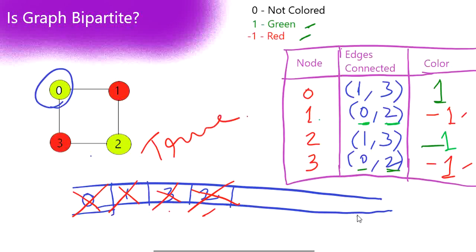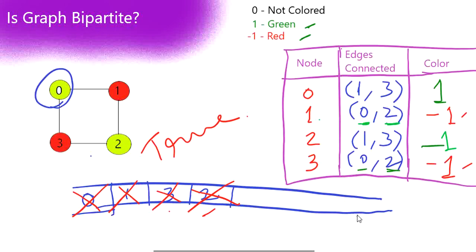The steps we are following is we are traversing a node. If the color is not assigned, then we are going to assign the opposite color to the connections. If the color is already assigned, we are going to check whether the colors are opposite. Once we completely finish the loop, we are going to return true. If not, in between it found any color matches, that a node's color is matching with its connection's color, then we are going to return false. It is as simple as that.